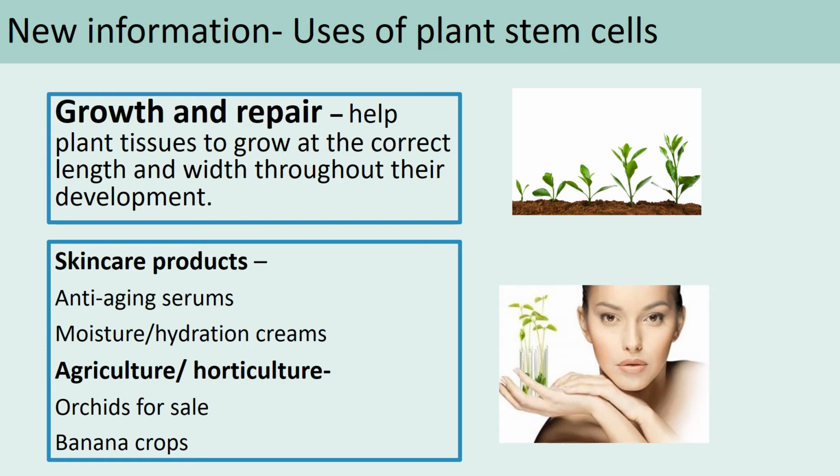Loads of people have orchids. You often see them for sale, with beautiful flowers on them. You can use the stem cells to create lots and lots of the same orchid. So if you manage to produce an orchid with a special or very rare coloration, you can basically clone